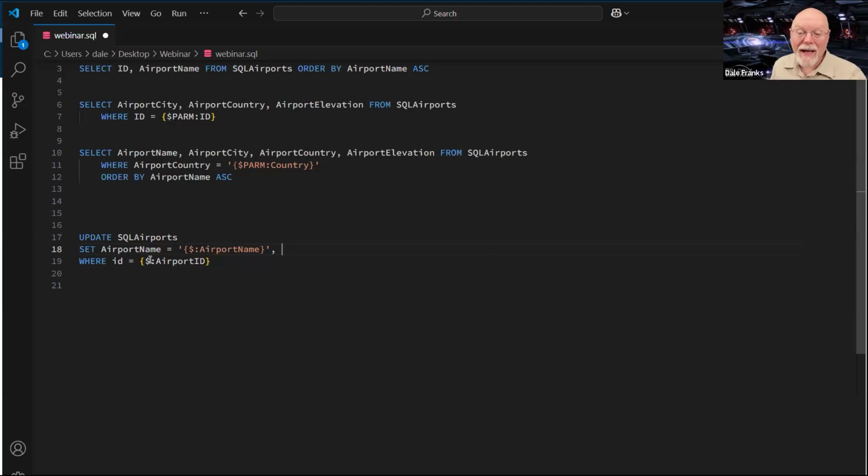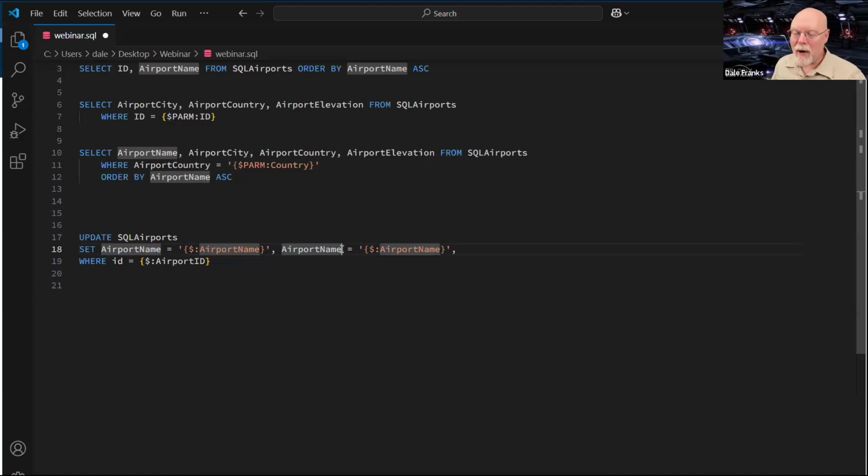Because I'm adding multiple columns, I need to set off each of these columns with a comma. So basically, the list of data that needs to be changed is a comma separated list in the SQL statement.